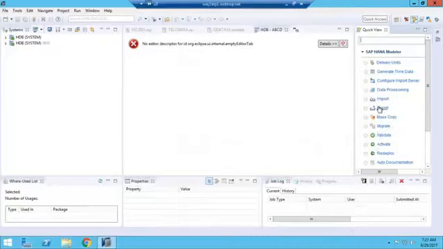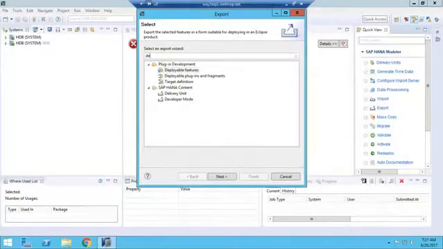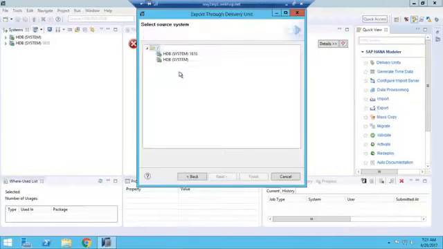First I have to export the delivery unit. Select a delivery unit, any delivery unit.